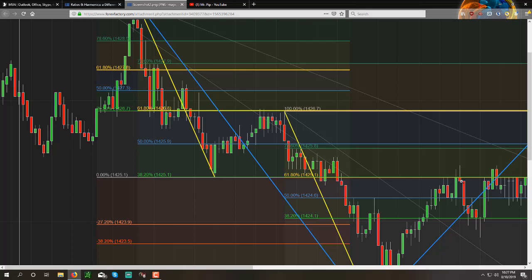Because that's going to also help you sometimes get better timing, okay? Because sometimes you're not going to get the rotation in the area that you expected, and price goes a little deeper than you expected, okay, and then gives you a beautiful trigger entry, improving the risk reward, right?